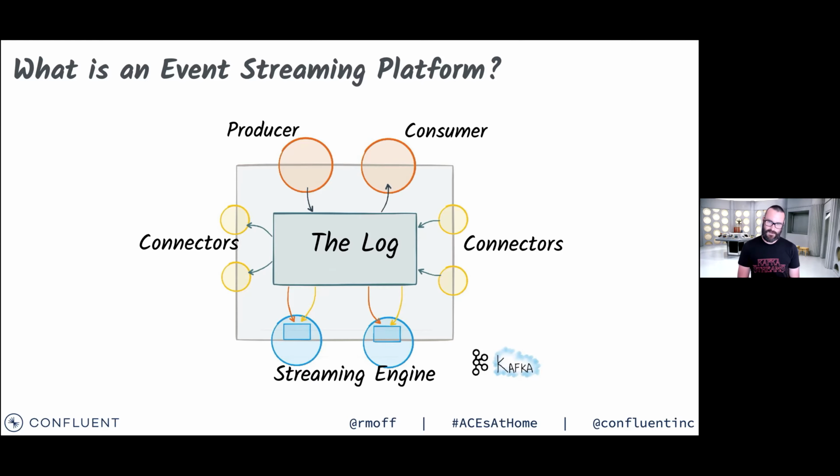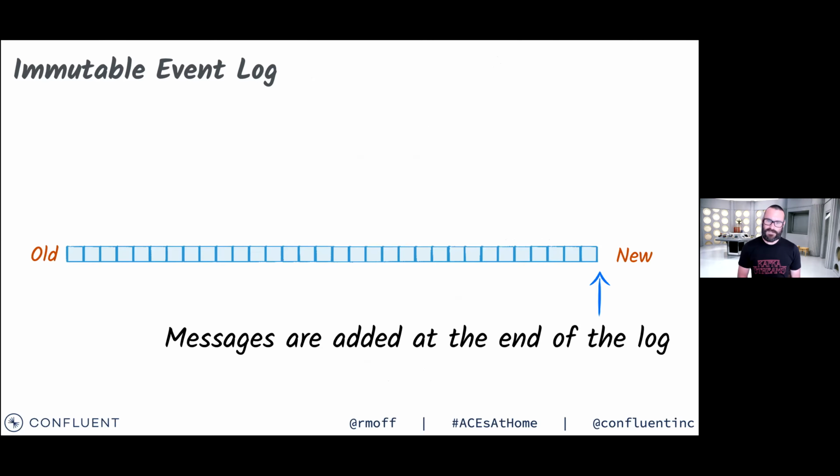So Kafka is not just this thing that some people may think of it as, where it's just about getting data from here and shoving it over there, and it's scalable and fault tolerant, and that's really useful. It is that, but it's a whole bunch more as well. And I want to show you why that actually matters today. But at its very heart, it is just this immutable, append-only distributed commit log. Something happens, we write it to the log.